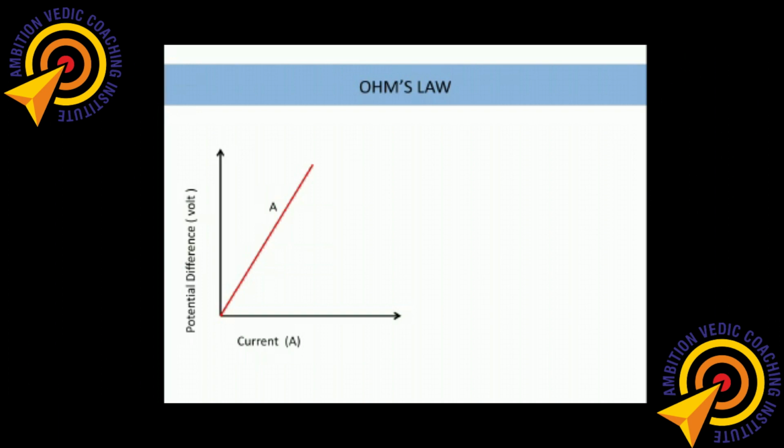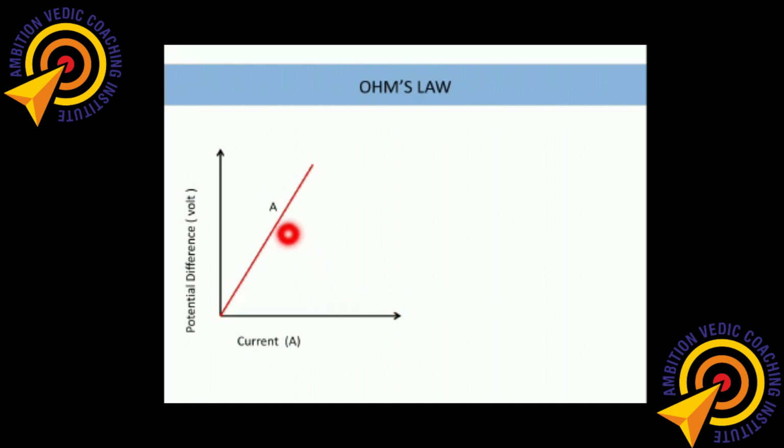First of all, let's say we have the potential difference versus current graph here. Using Ohm's law, keeping the wire the same, for different potential differences we obtain different values of current, and after connecting all the coordinate values of voltage and current, we obtain this graph. Now the slope or inclination of this line will tell us: if the line is very much inclined from the x-axis, that means it has very high resistance, and if a line is close to the x-axis, that means the resistance is very low and almost equal to 0.